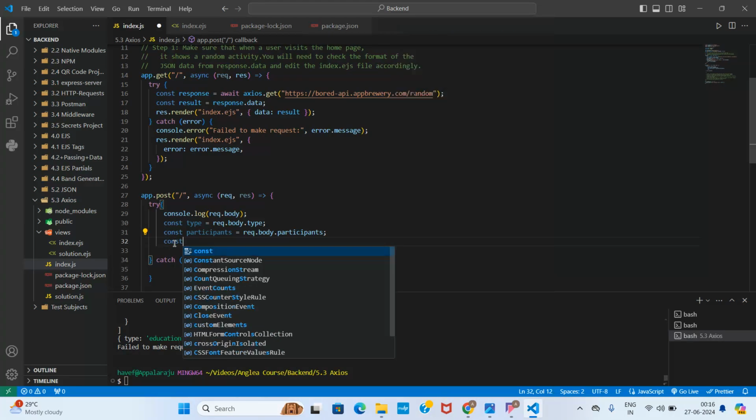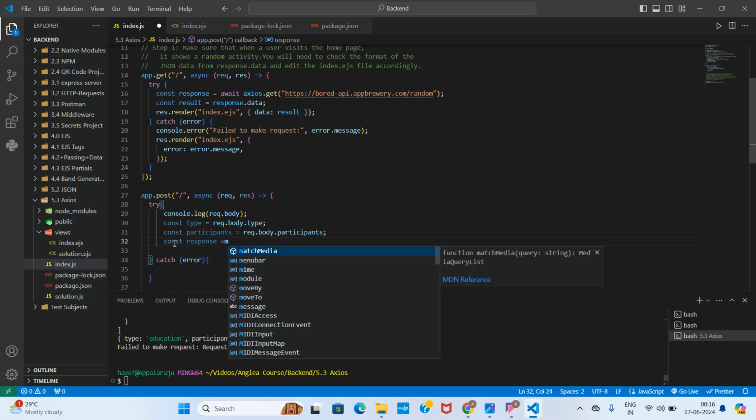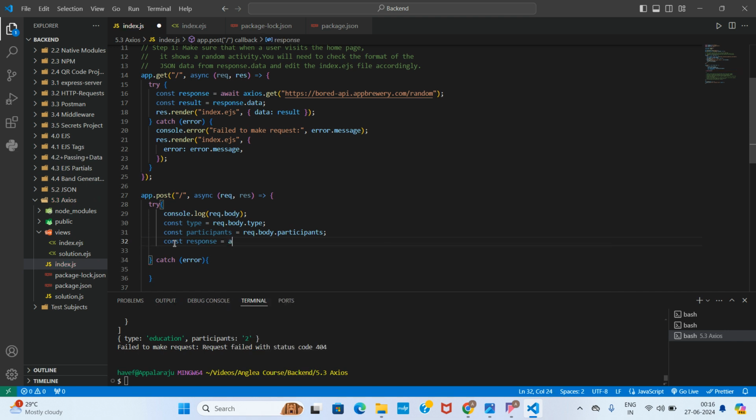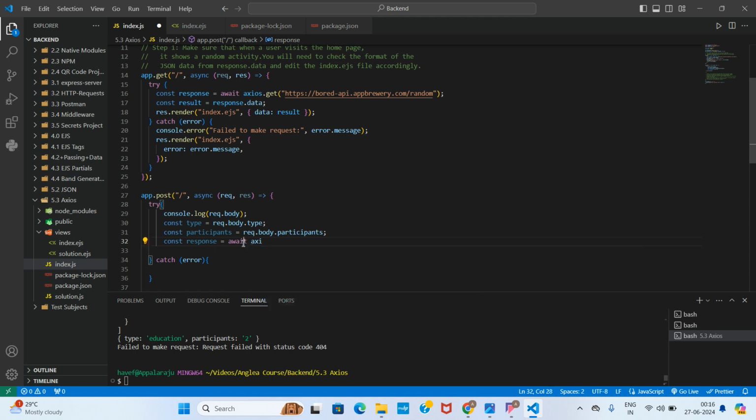To do that, we're gonna use const response, same as ever, equal to await. What it will do, it will wait until the process is done. Axios dot get, and we're gonna use this one. I'm just gonna copy it, Control plus C, and